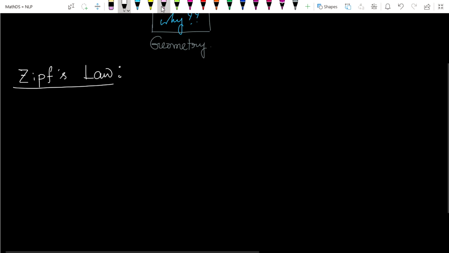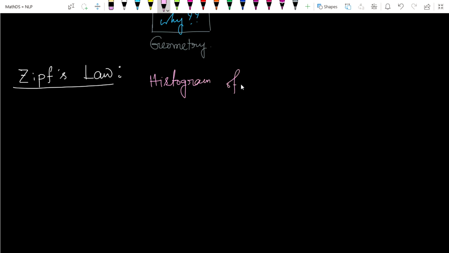So if you plot the histogram of the words that occur in the English language, the histogram of word occurrences in English literature,